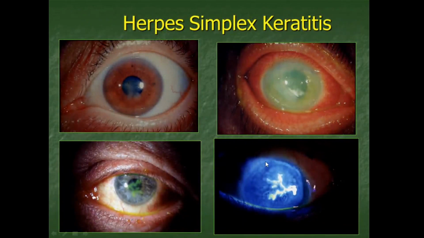Here you see dendritic keratitis. This is like outcomes of dendritic keratitis. You see opacities on the cornea, but here you can see severe, deep disciform keratitis, herpes viral keratitis,